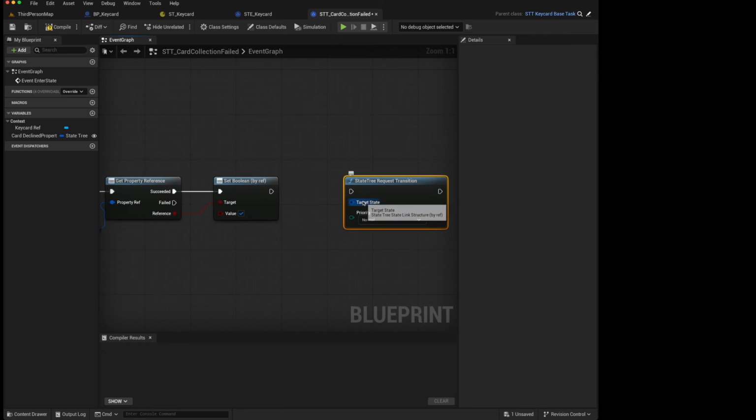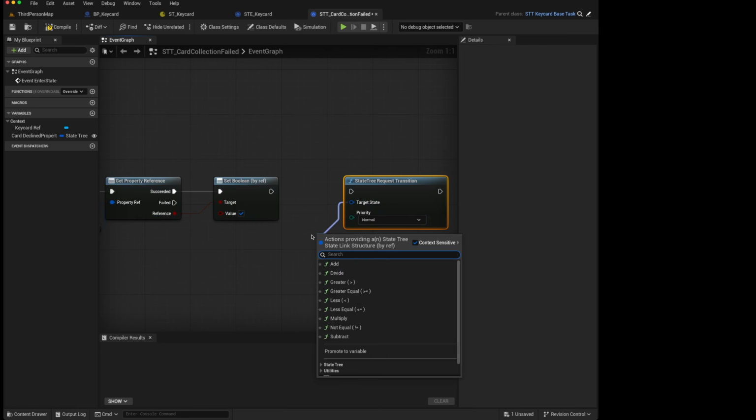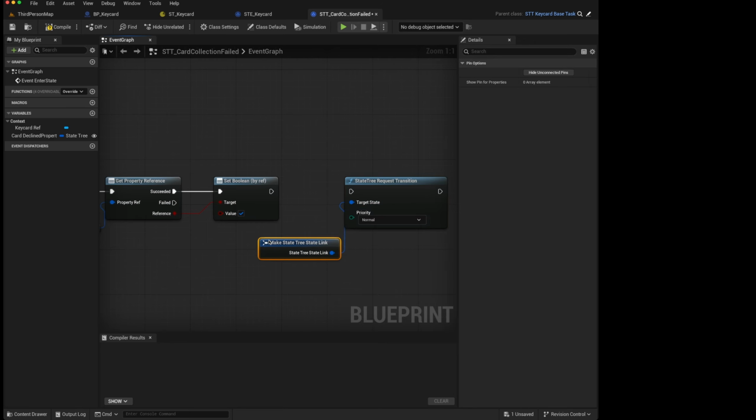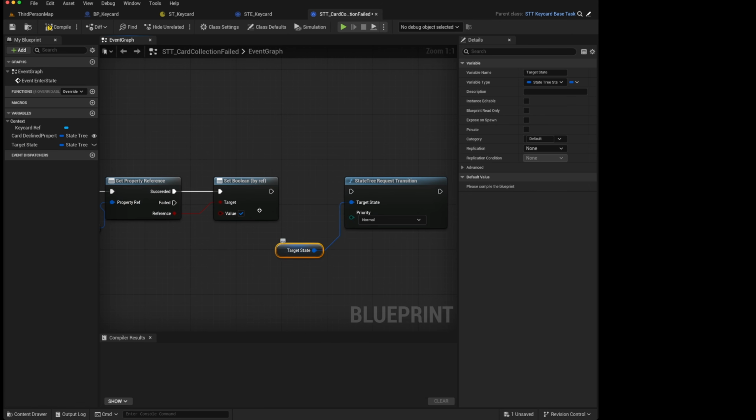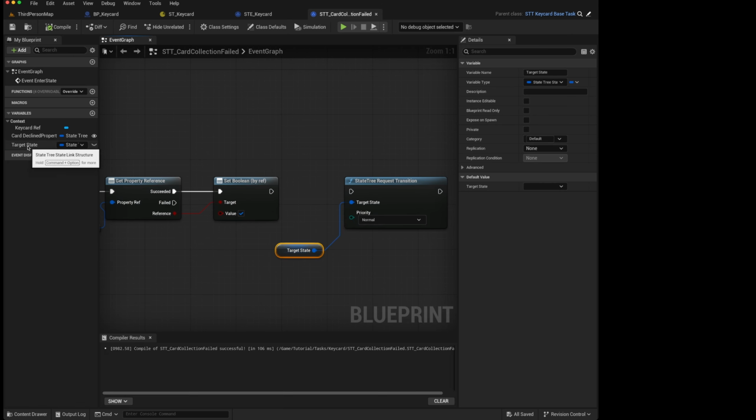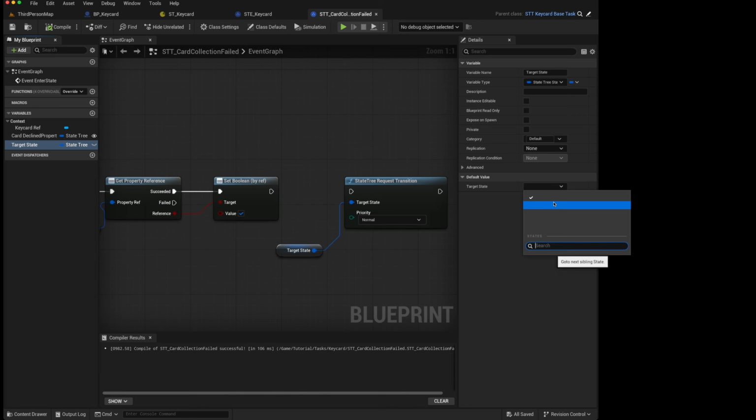So we have a target state here. Unfortunately, when you click on it, you cannot split the struct, or if you go to make struct, again, there is nothing to set. However, if you promote this to a variable and compile, when you click on the target state, there is the option to set a target state. However, there is a bit of a bug in 5.6 in which the target states don't appear in the task itself. However, if we expose, by making this visible, the target state variable, compile,